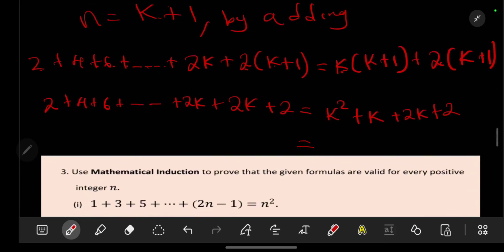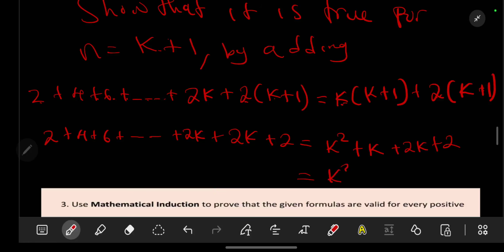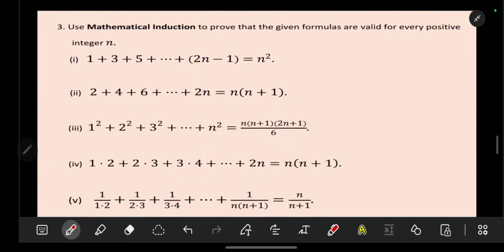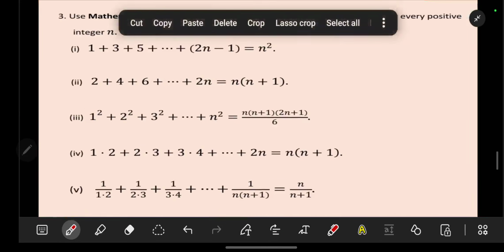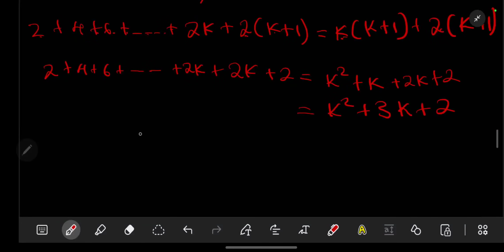So simplifying this, we are going to get k squared plus 3k plus 2. So now compare. So this is the result for 2 plus 4 plus 6 plus dots plus 2k plus 2k plus 2 like that. Compare